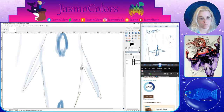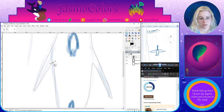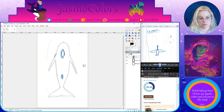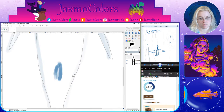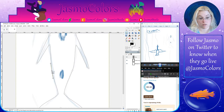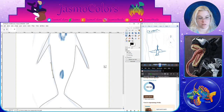There we go. Little bit. There we go. There we go. I think. This looks weird. Whales do have hips. There we go. I think. That doesn't look right. Why doesn't that look